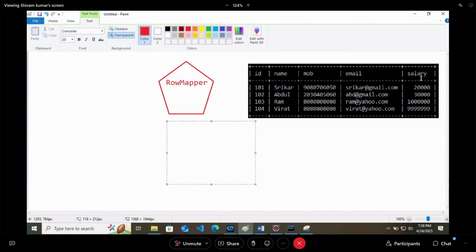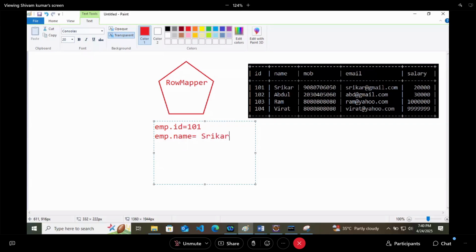These are the values of the employee. It will take row by row. So it will say emp.id equals 101. Or let's keep it small. emp.name equals Srikar.